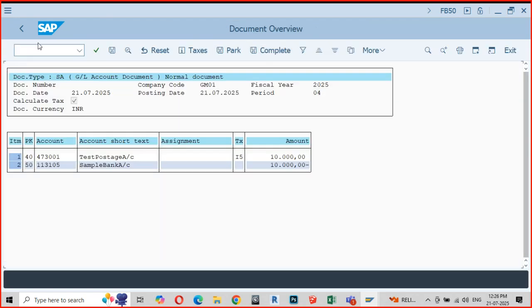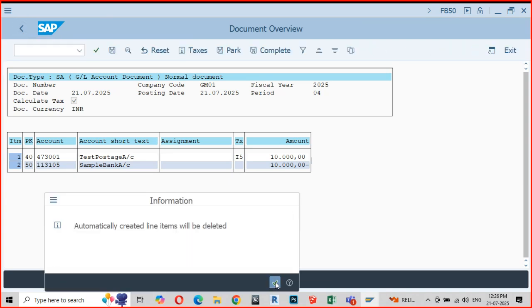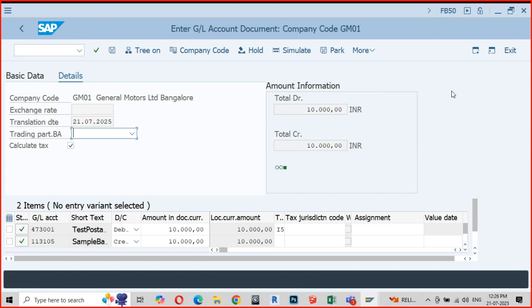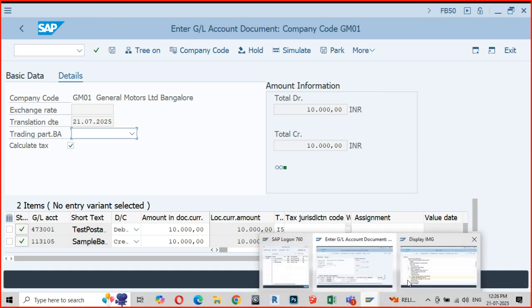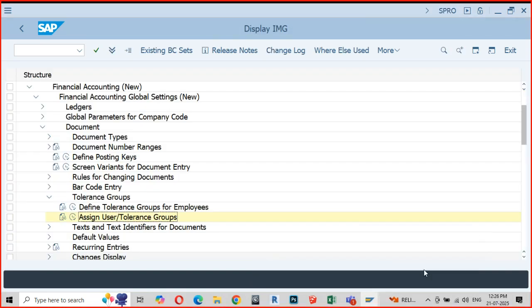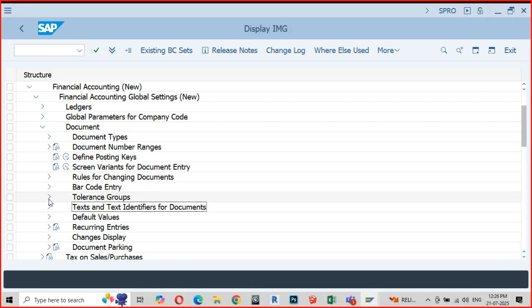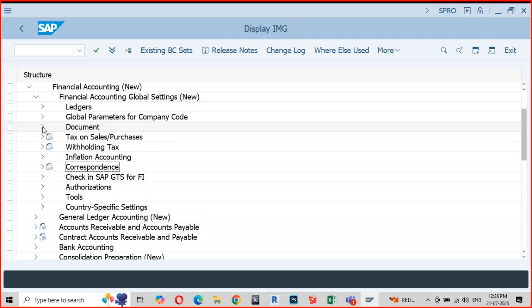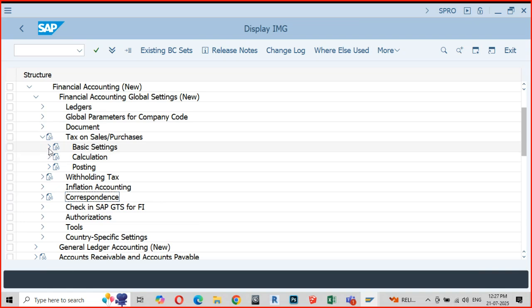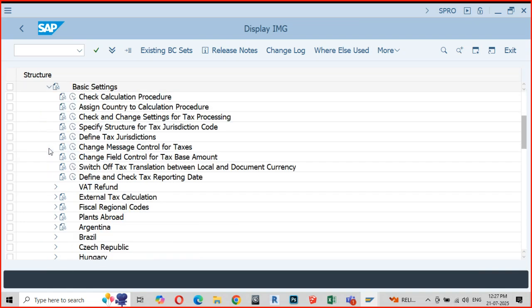Why is this not taking up? Okay. So how is this being done? There is a concept called tax codes and tax procedures. Let me just check if everything is in place. Tax on sales and purchases. Again, it is a consultant's fix. You do not have to unduly get worried about this. Now basic settings. Let me just check.